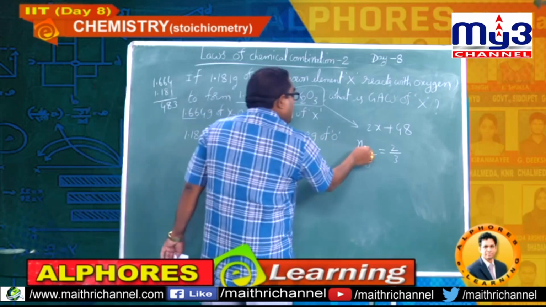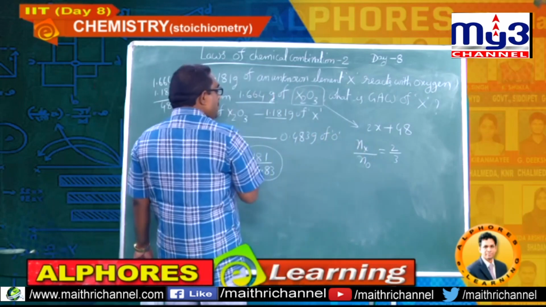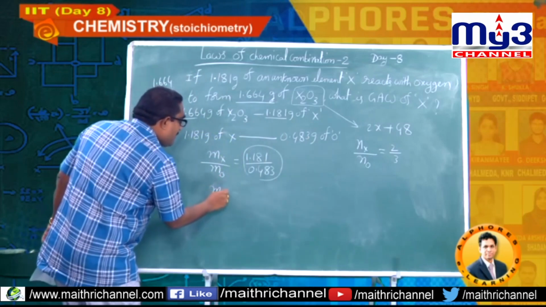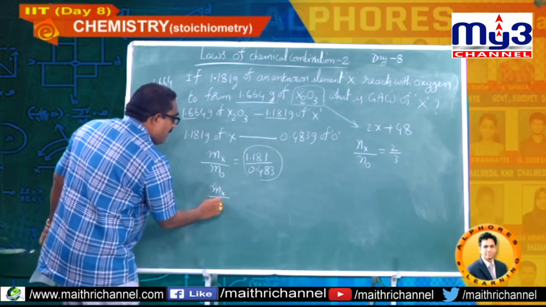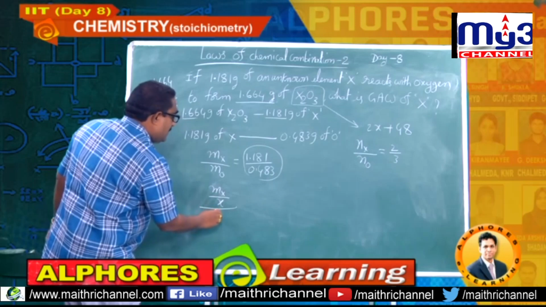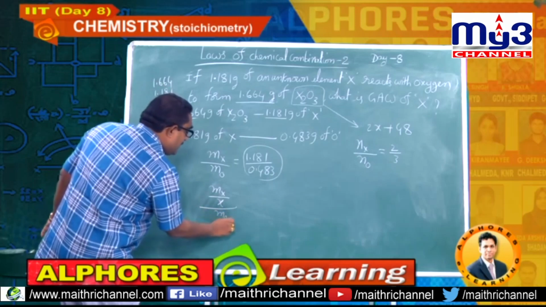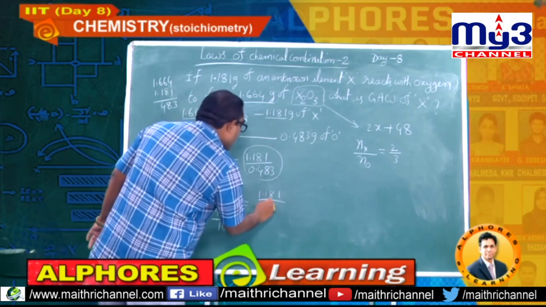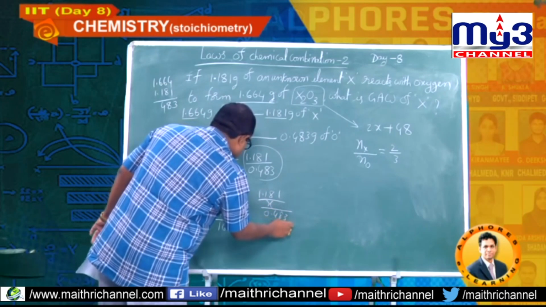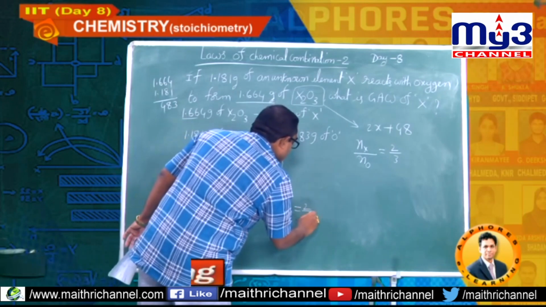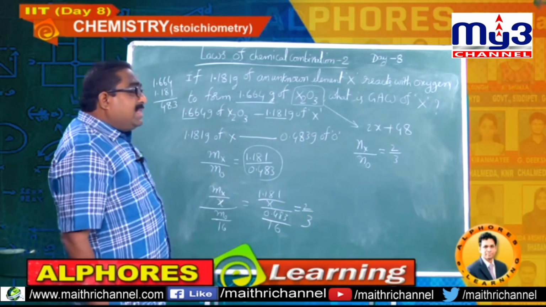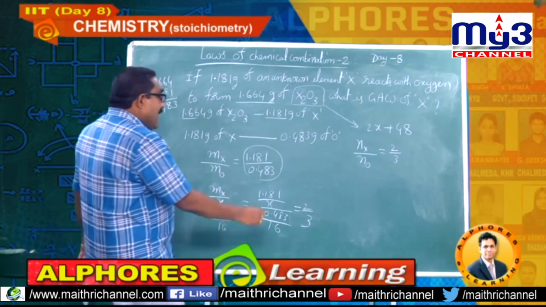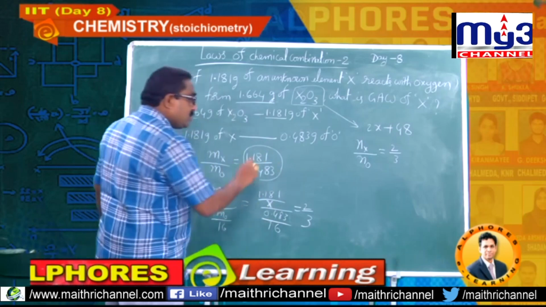Okay. Let me explain first moles ratio equal to moles ratio. Right. How you get moles ratio? This is mass ratio. Okay. Mass of X divided by atomic weight of X, take it as small x. Mass of oxygen divided by atomic mass of oxygen 16. So you have to write it as 1.181 divided by x, 0.483 divided by 16. You can equate to 2 by 3. So in this way also you can calculate the atomic mass of X, capital letter X, that I have taken it as small x.